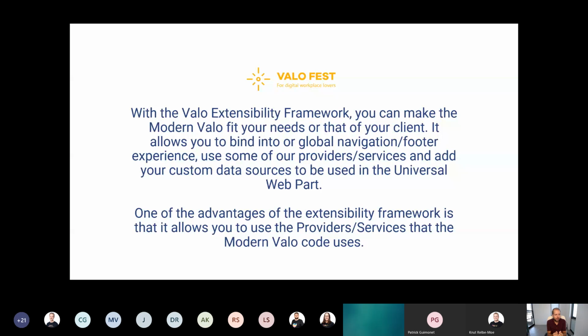And that's also very interesting about the Valo extensibility framework, because they not only provide us a way to bring something into their global navigation. On the one hand, they give us a way to bring our own navigation, or a different global navigation, into the existing global navigation. The second option that they give us with the extensibility framework is that we can use the providers and